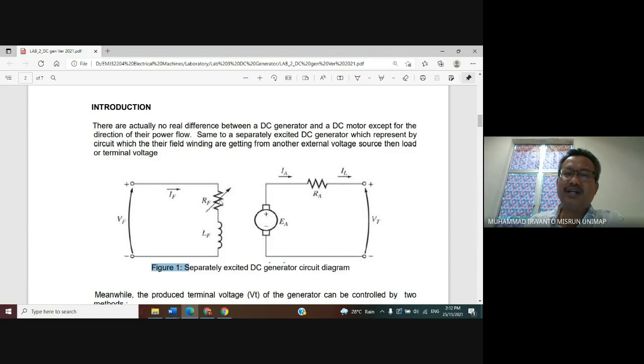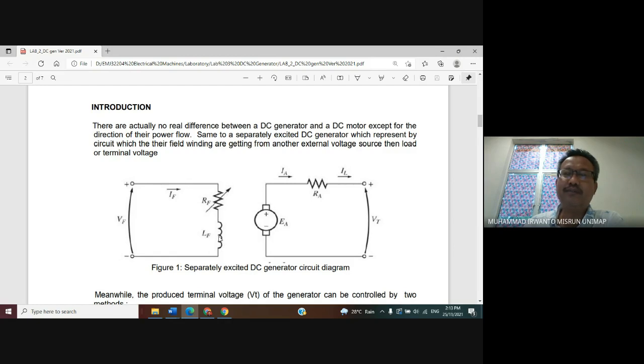Now, on the left side here, we can see what we call the separately excited system. It consists of the field resistance and field inductance connected together in series. It is for adjusting the current flowing through the winding.